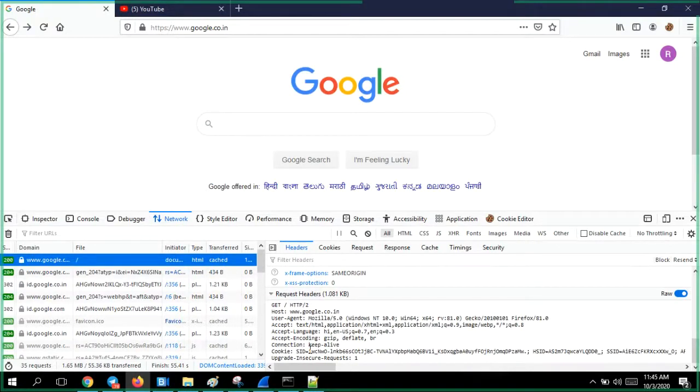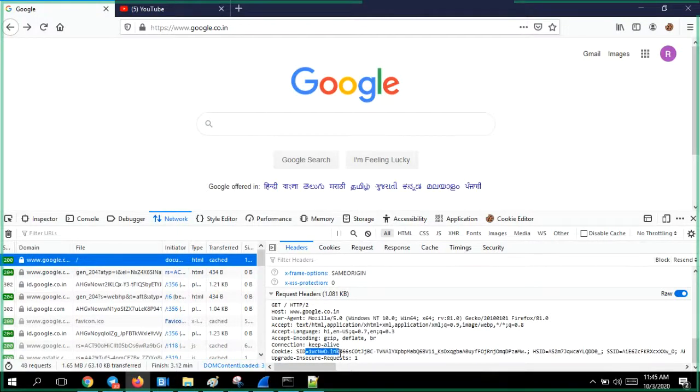So then, cookie. Did I enter a username or password when I was logging in? Did I mention it anywhere? While logging in to Google, when I launched it, did anything happen? No, sir. But if you see this web page, my information has come. How come it has come? My information is there on this page because Google is storing one cookie.